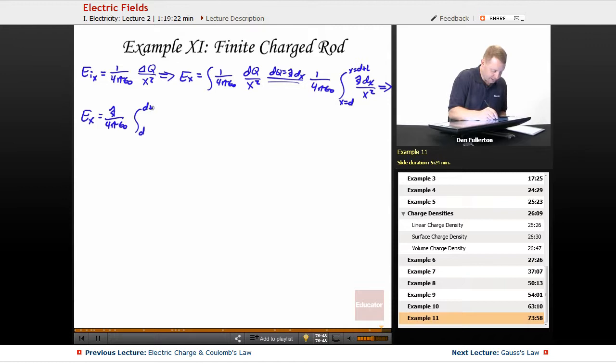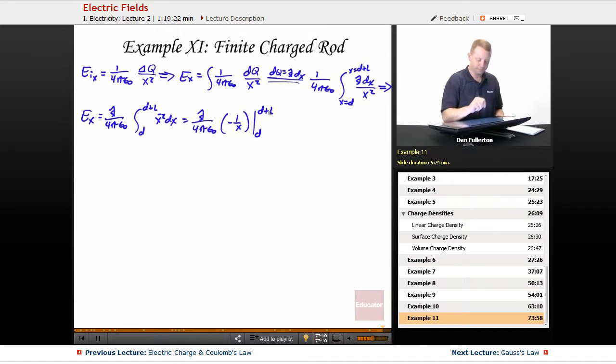Integral from d to d plus L of x to the negative 2 dx, excuse me, which is lambda over 4 pi epsilon naught times negative 1 over x from d to d plus L, which is lambda over 4 pi epsilon naught. Substituting in, we have negative 1 over d plus L minus negative 1 over d,